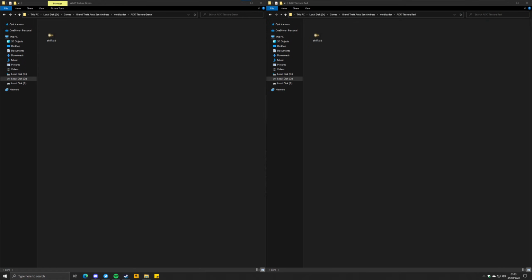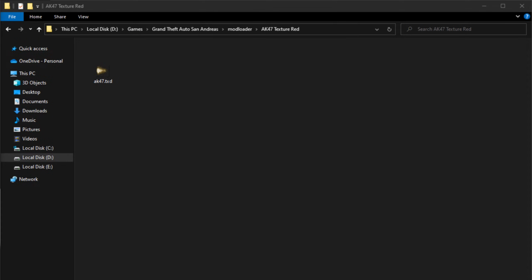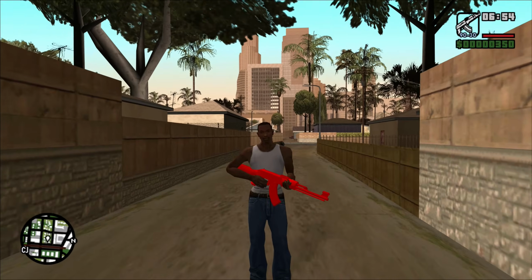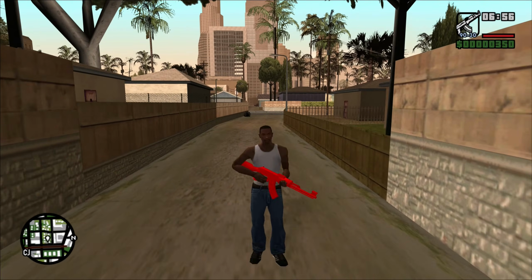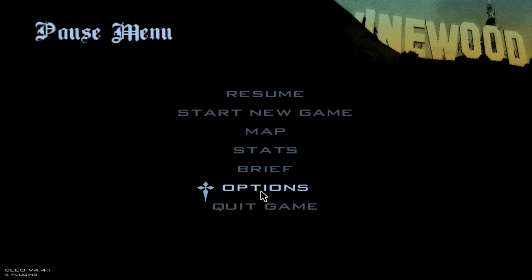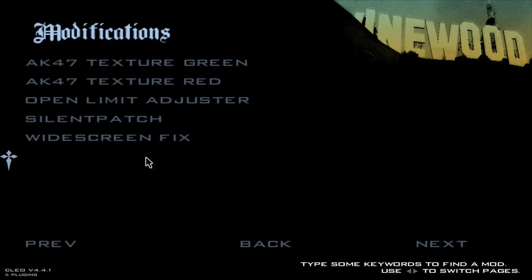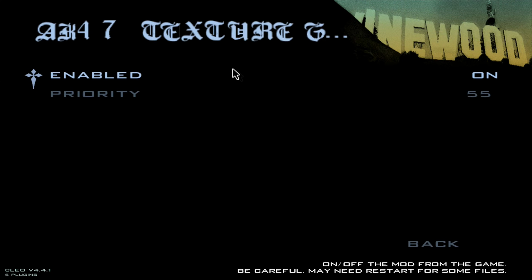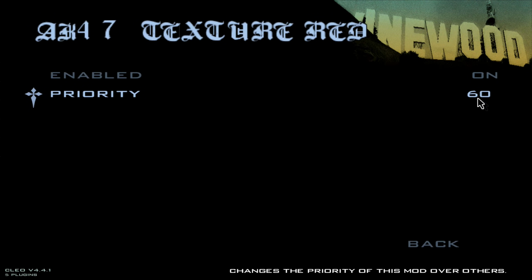If we remove the AK47.txt texture archive from the IMG archive, so the red texture folder now looks like this, you'll see that the red texture is now there, as the folder has a higher priority over the green texture folder, and the texture archive isn't in an IMG archive. It's just something to know about, as the biggest texture mod for San Andreas, which we'll discuss later in this guide, uses IMG archives for optimization.